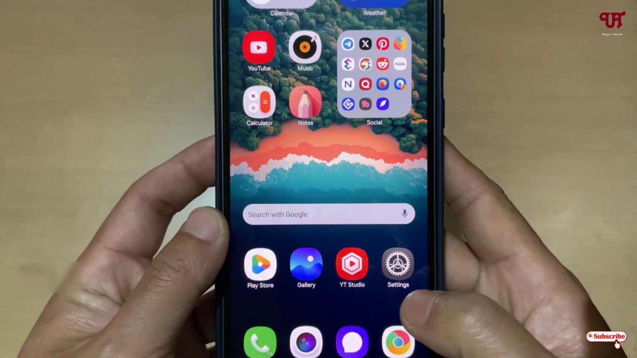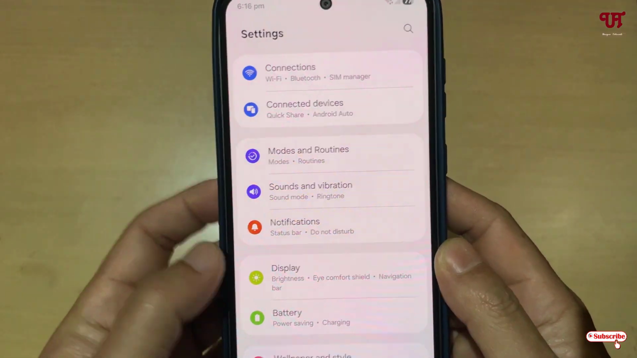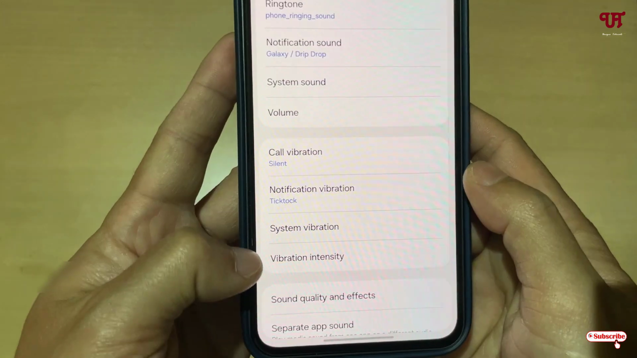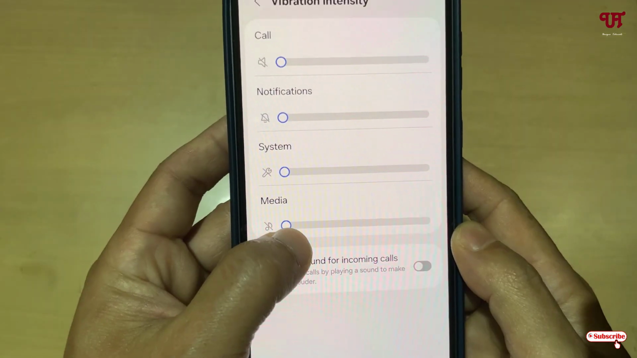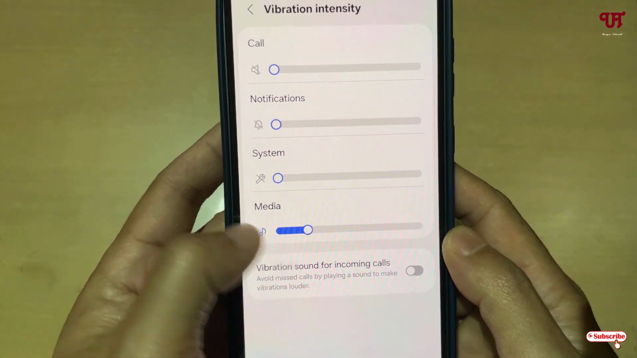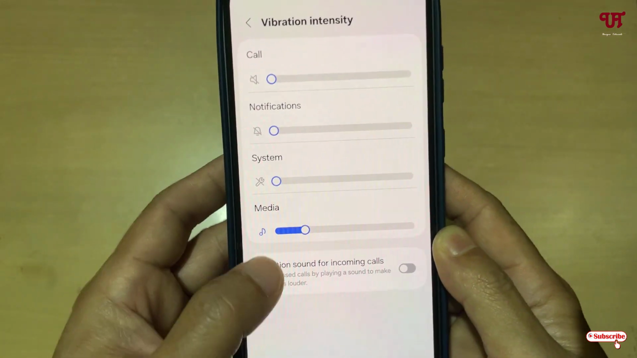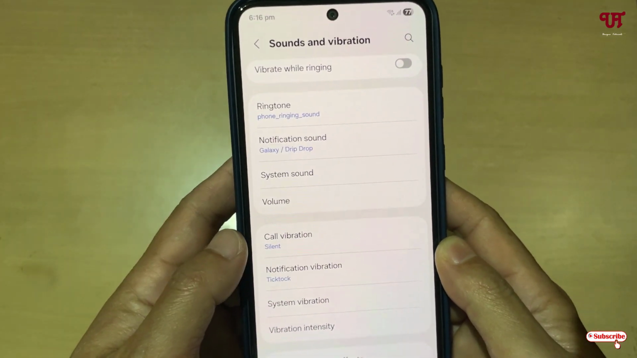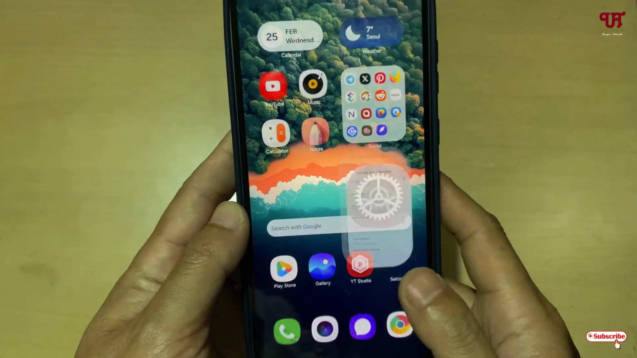Firstly, open the settings, click on Sound and vibration, and kindly check the vibration intensity. Now under the media option, increase it a little bit. If you mute it, then you won't be allowed to use the vibration. So I have just increased it a little bit. Firstly, check whether vibration mode is enabled on your respective Android smartphone, and after that just open